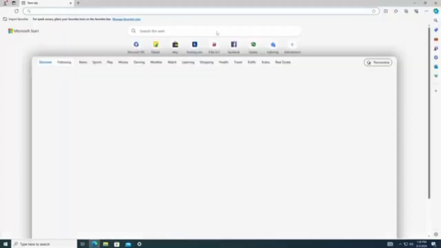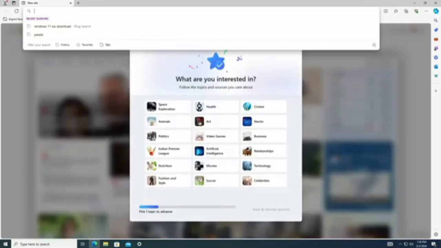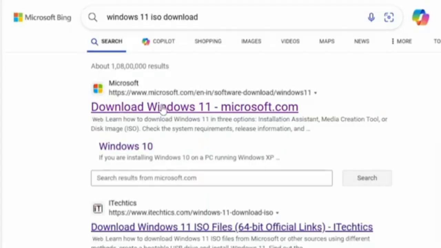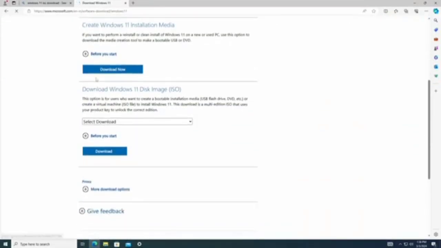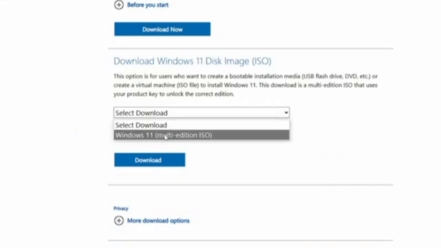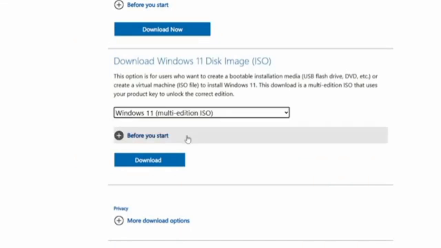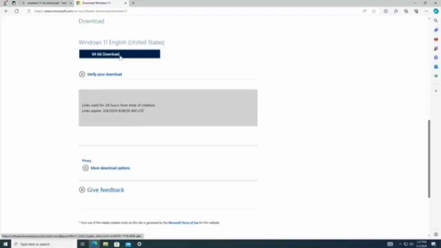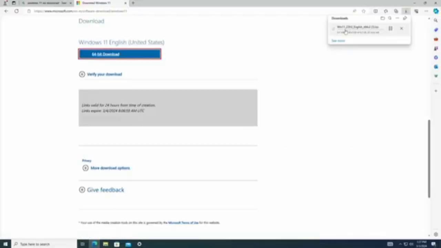bring up any of your favorite browsers. In the search box you have to type Windows 11 ISO download. Click on the first link of Microsoft that says download Windows 11. Now here you have to scroll down and click on the drop down that says select download, choose Windows 11 multi-edition ISO. Then click on download, choose the product language, click on confirm, click on 64-bit download, and the downloading